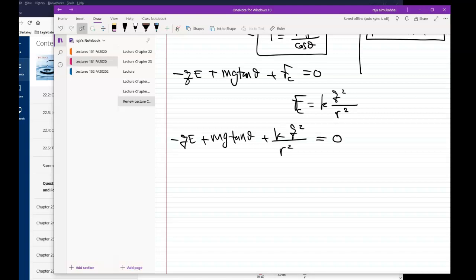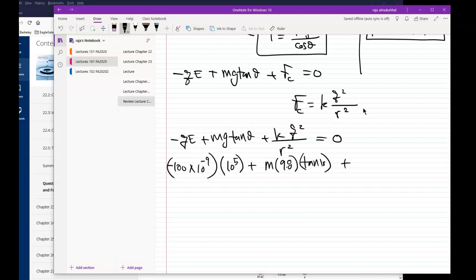Okay, and then we plug in the data that we have. The Q here is 100 nanometers. That's going to be 100 times 10 to the negative 9 multiplied by the electric field, which is 10 to the 5, plus the mass that we're looking for, g is 9.8, times tangent 10,